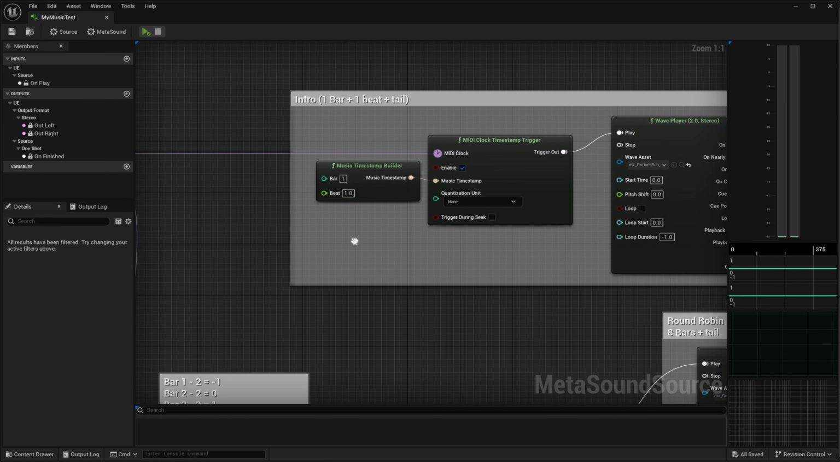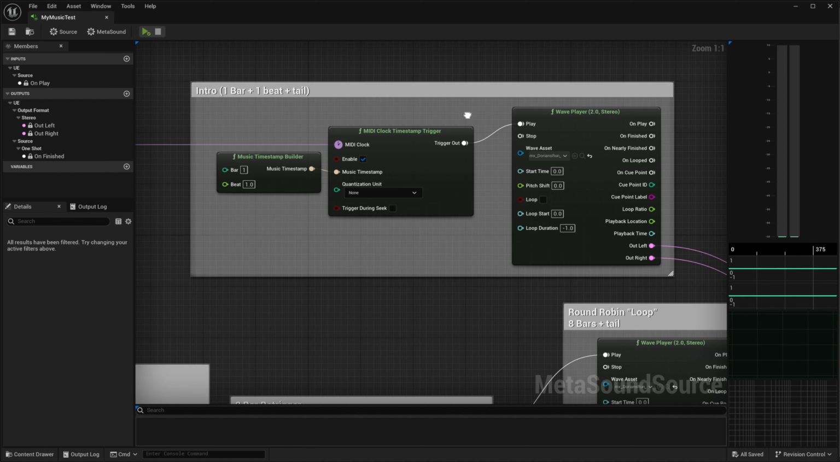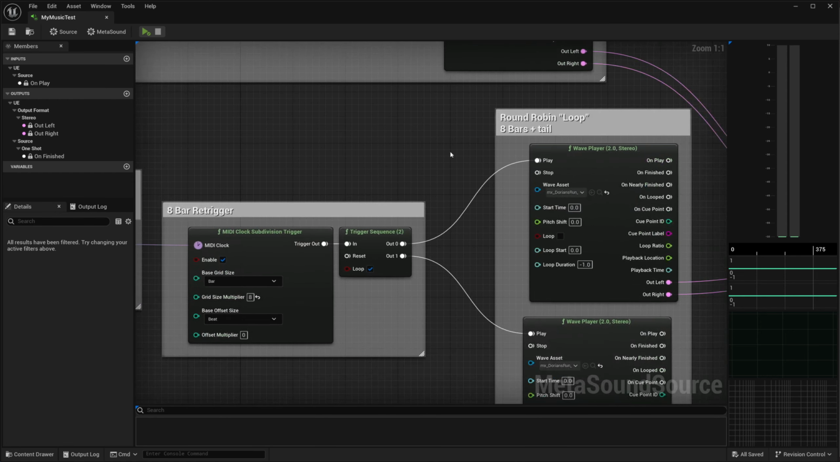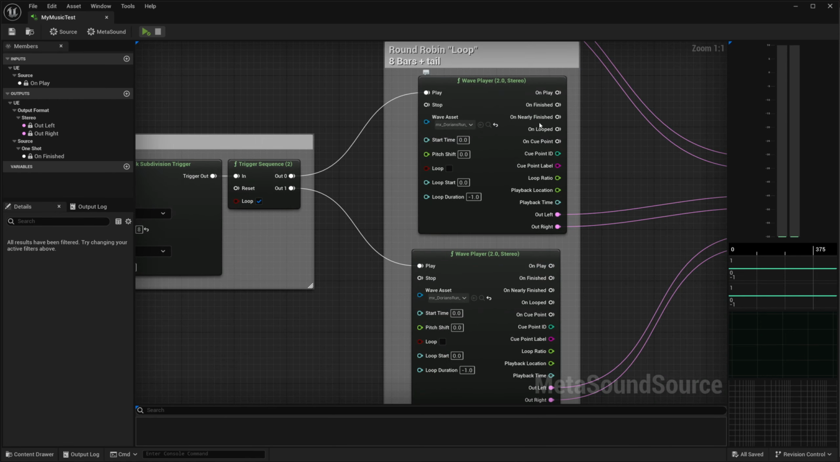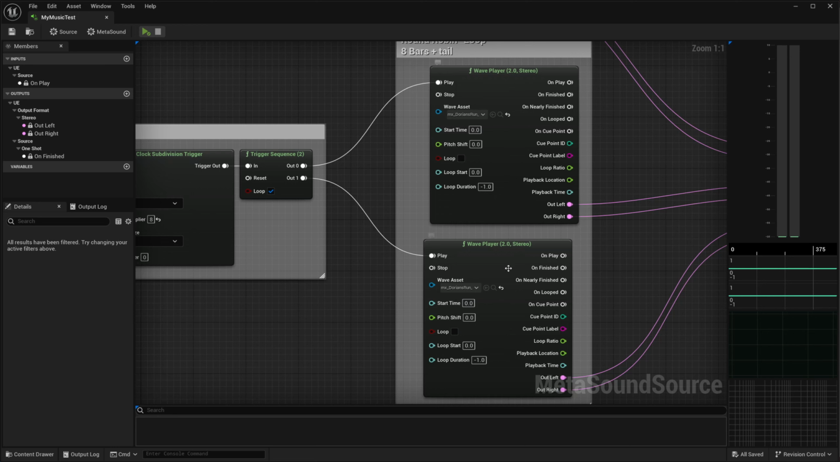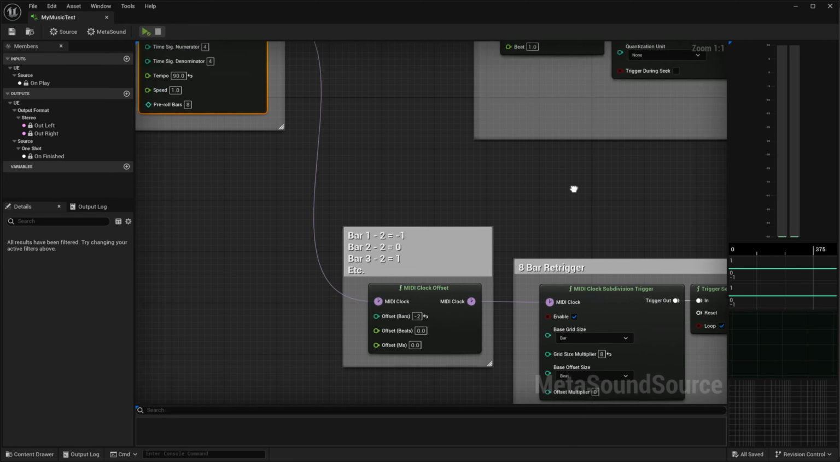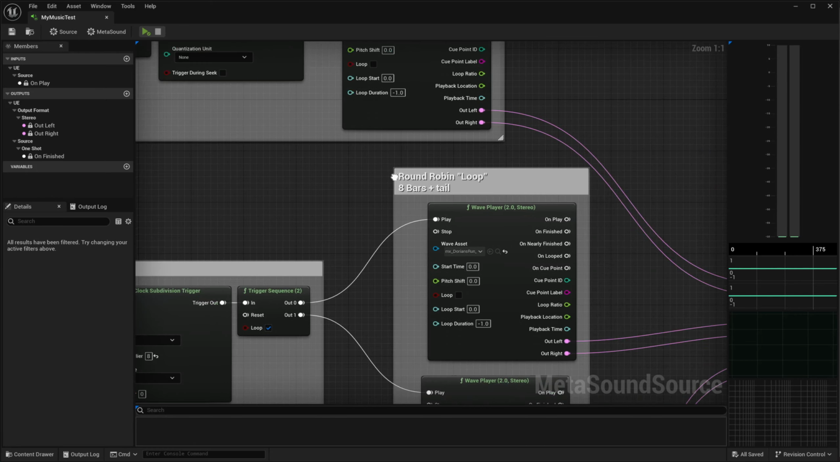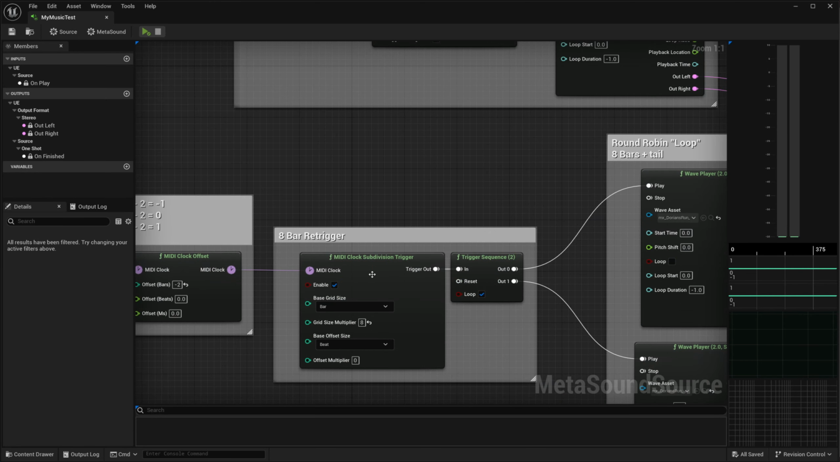And then I've got a 1 bar plus 1 beat plus tail intro. And then I have this main loop, which is 8 bars long plus a tail. And so to let the tail ring out, I just round robin the wave player. But because this is an 8 bar pulse subdivision retrigger,